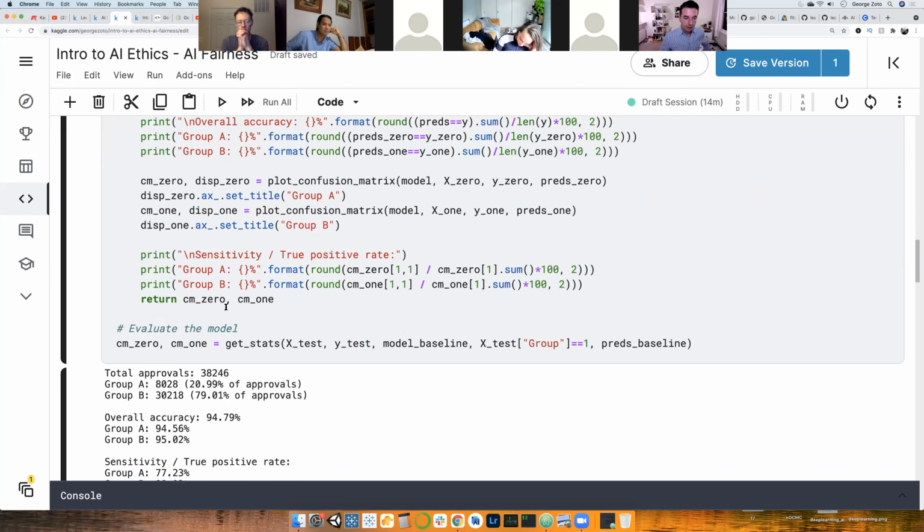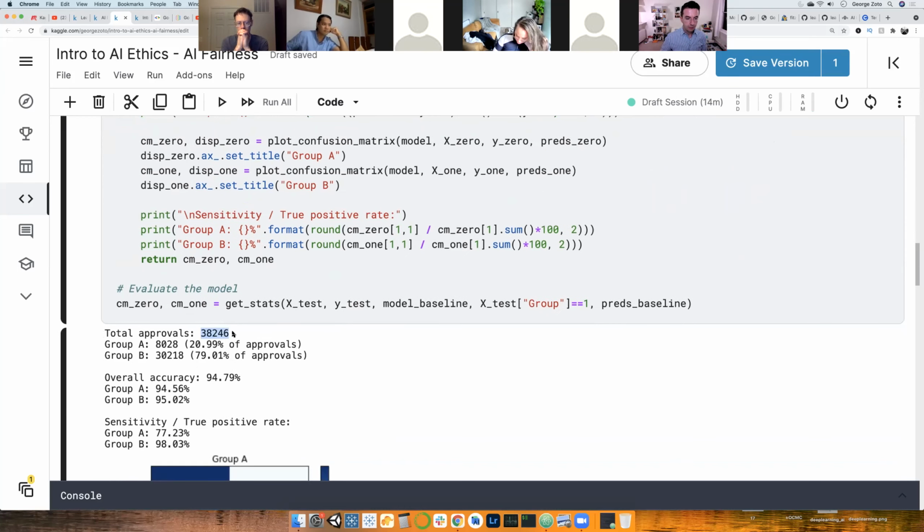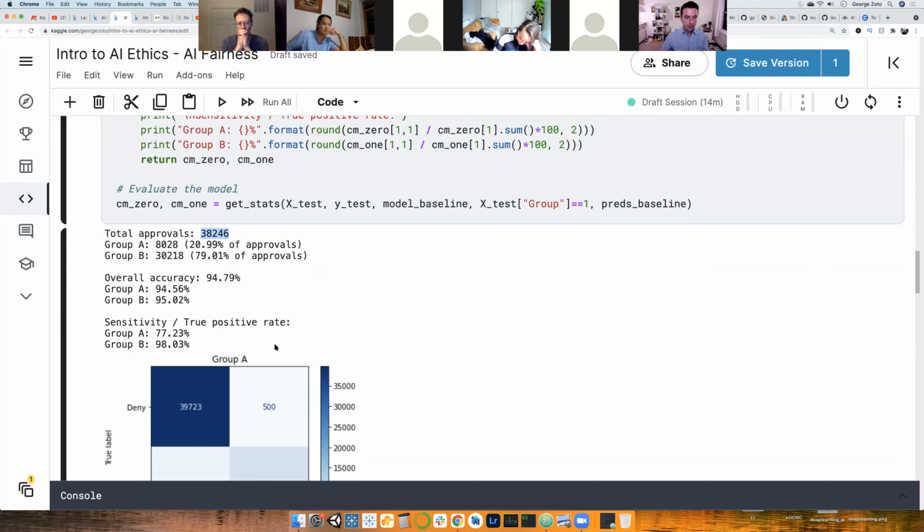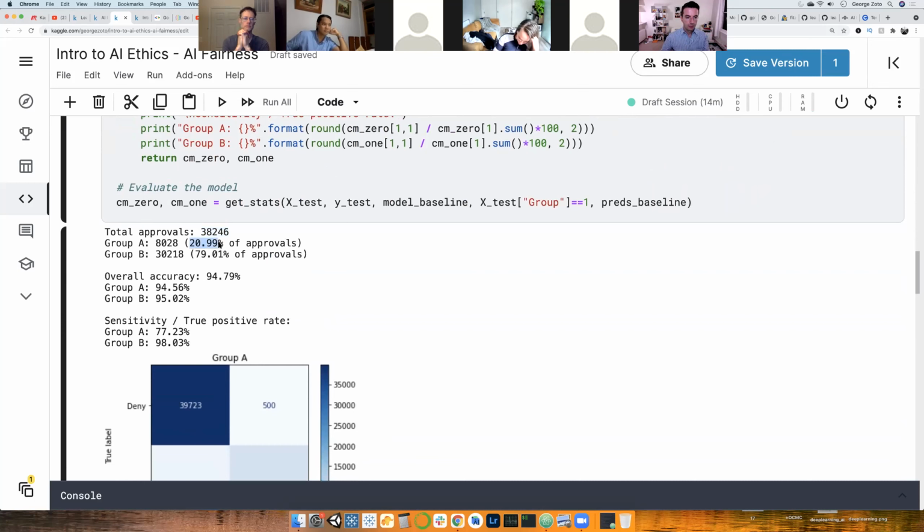So when we look at the entire data set, the 400K records again, about 38,000 of them were approved. And then if we want to break it down by group, 20% of them belong to group A and 79% of them belong to group B. So immediately we see that something is off here, right? We see discrepancies when we look at